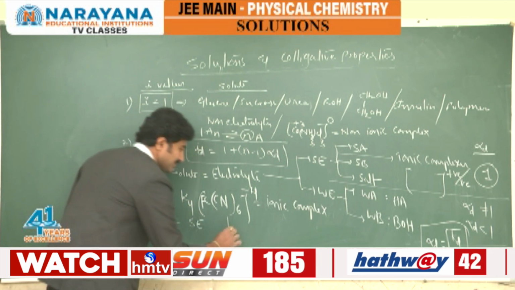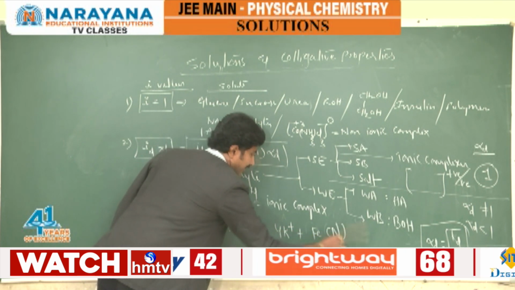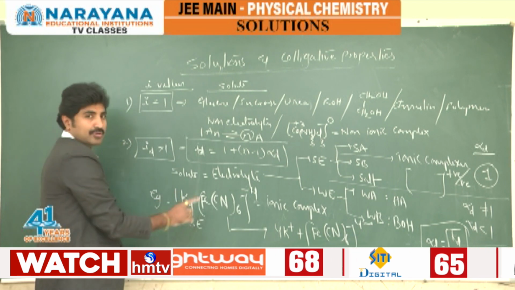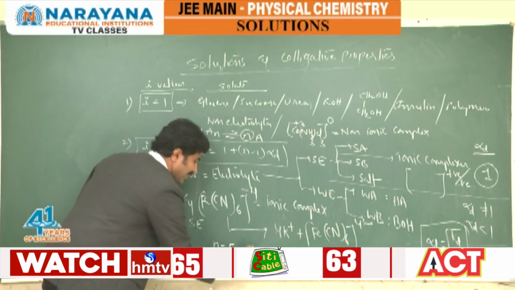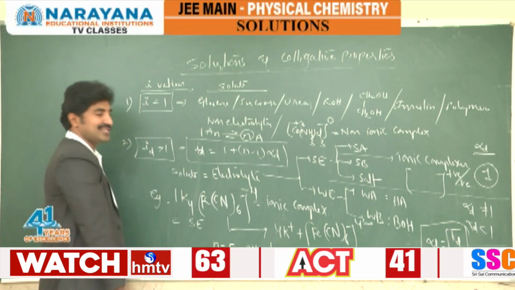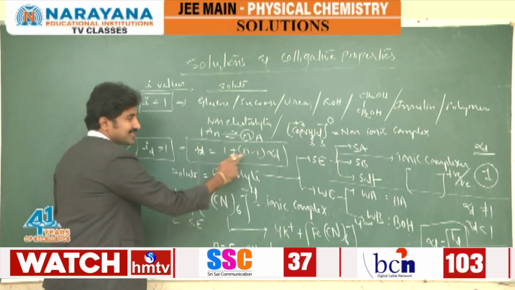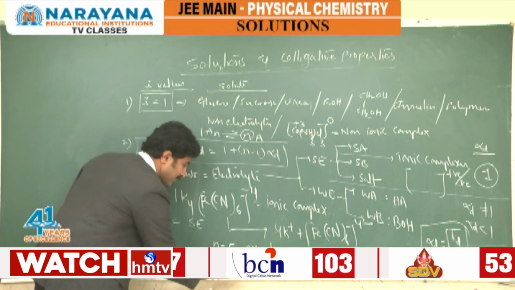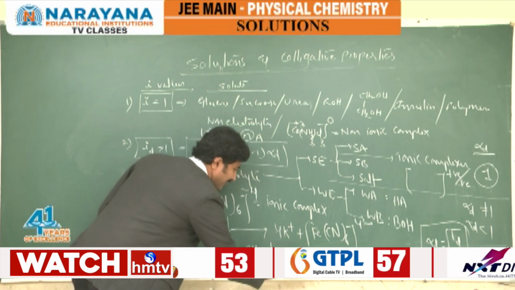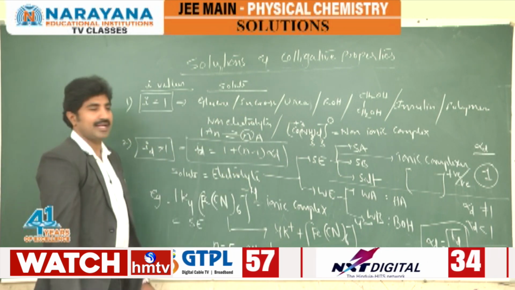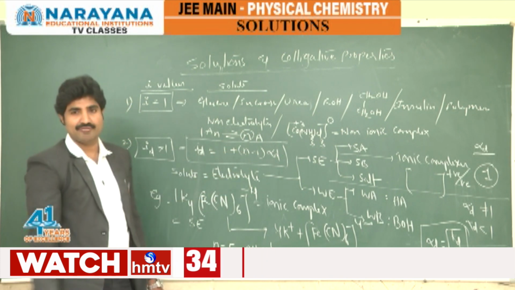Now, when you take this dissociation, it gives 4K plus and 1 ferrocyanide ion. And 1 mole of the given electrolyte gives 5 moles of ions. For this, n is equal to 5, and alpha dissociation is equal to 1 because it is a strong electrolyte. Therefore i dissociation is equal to 1 plus (5 minus 1) into 1, which is 5. Like this, you can calculate i dissociation for given electrolytes, strong or weak.